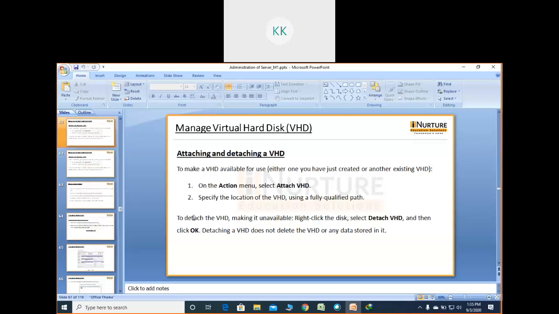To detach, what to do? Right click on the disk, select Detach VHD. Nothing needs to be varied, all are based on the wizard. Once you open the GUI, you will automatically find what to do next. Just read the message and accordingly click yes, no, back, next, etc.